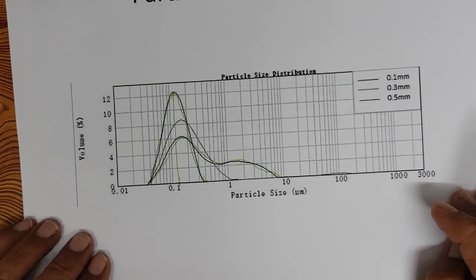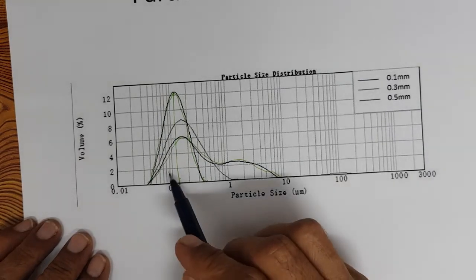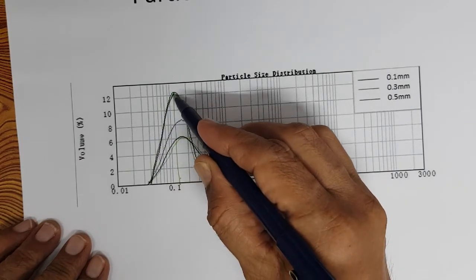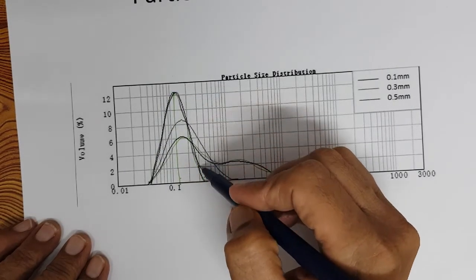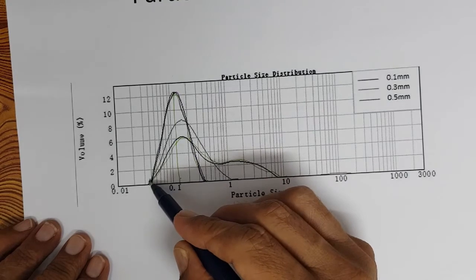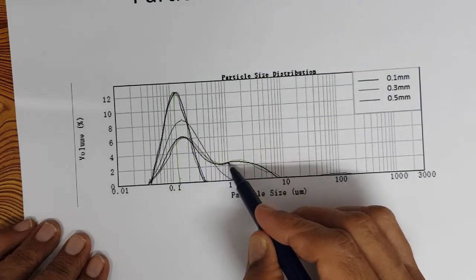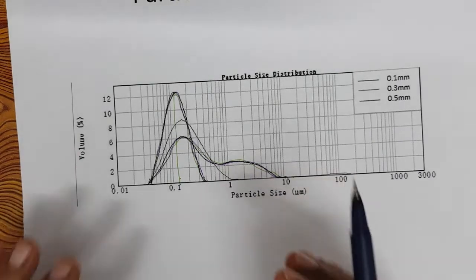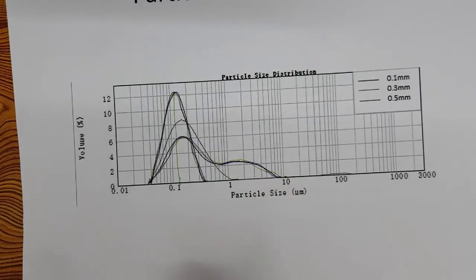Now a particle size distribution like this is much more preferable than a particle size distribution like this, right? Because a very narrow range of particle size distribution shows the quality of the product actually. If it is a wide range, then...